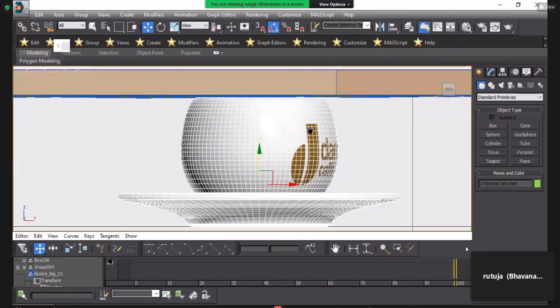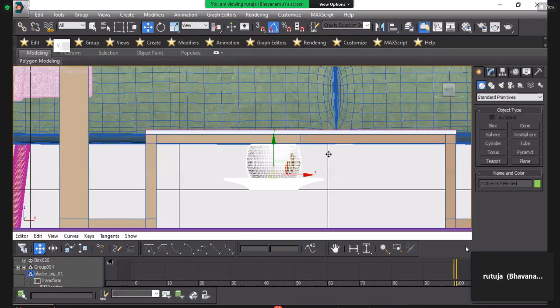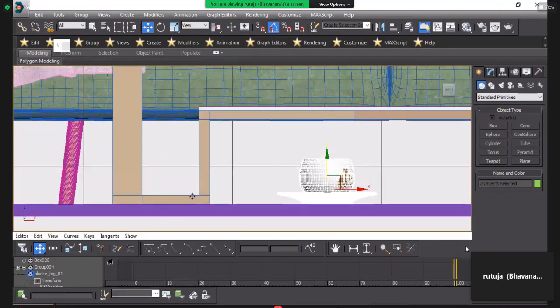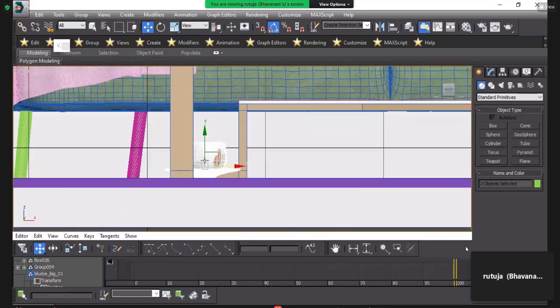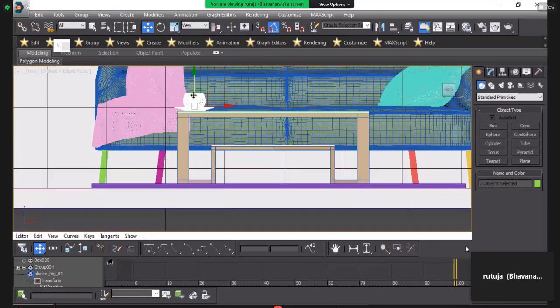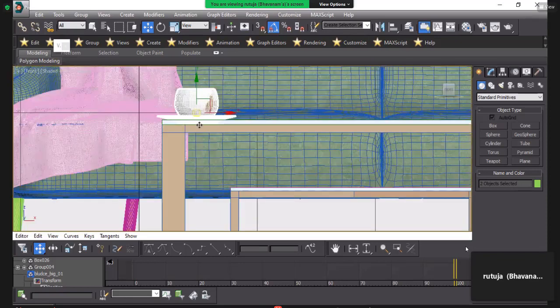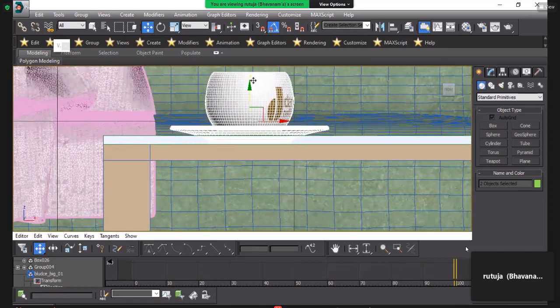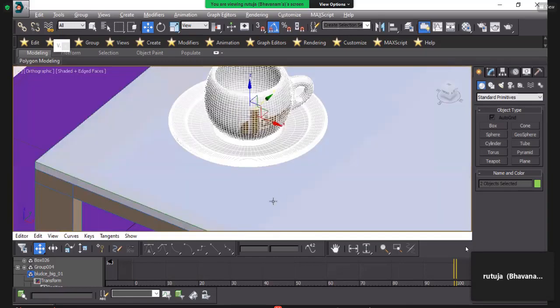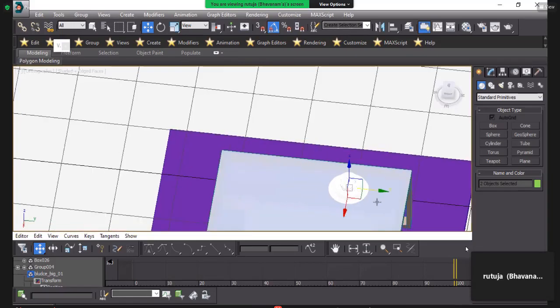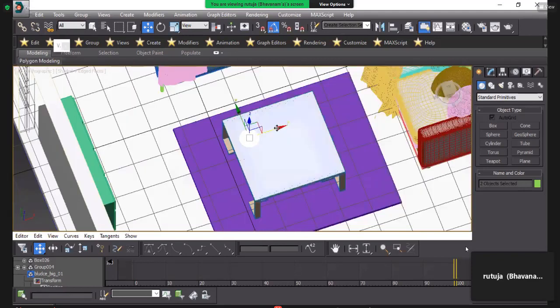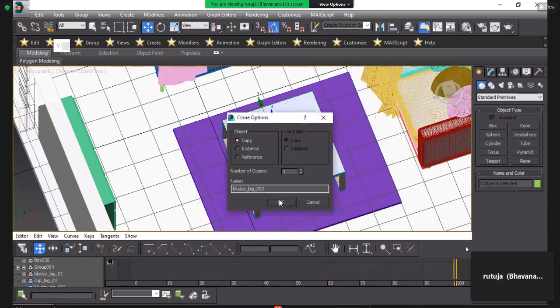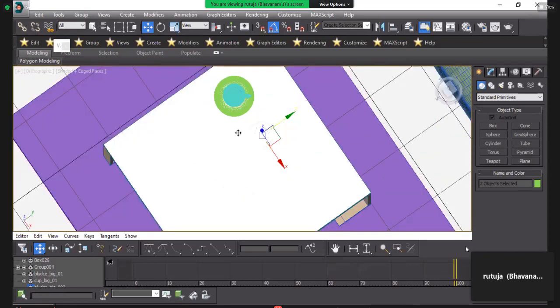Front Z. Press F on your keyboard and take Z. Place it on the table exactly on this mirror and place where you want. Press Shift and drag. It helps to copy the object.